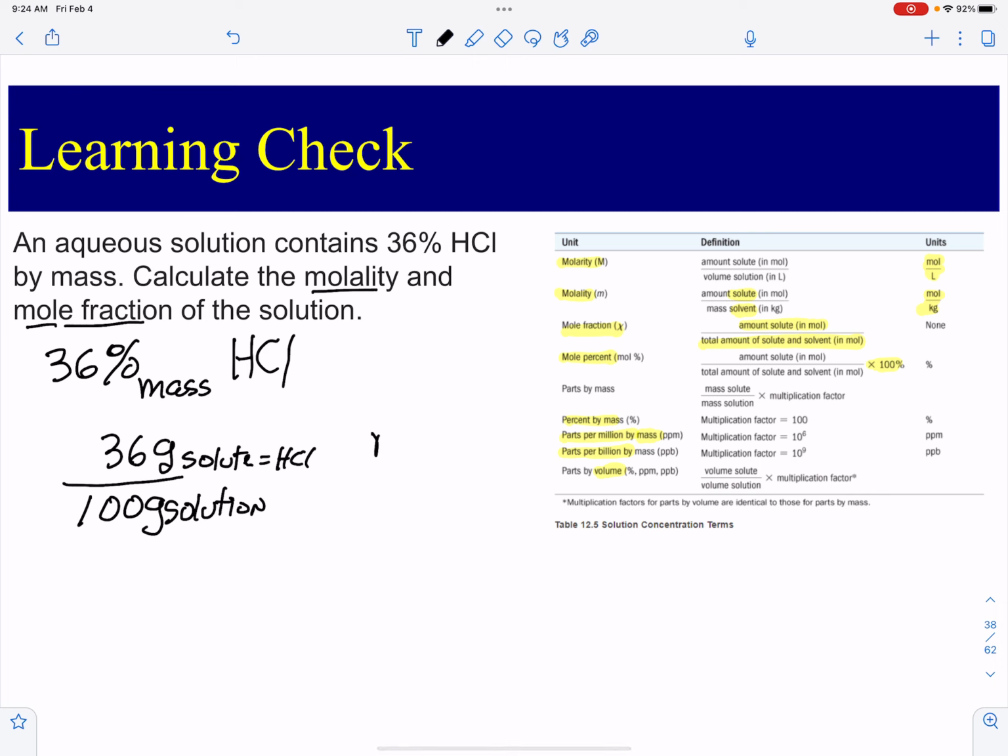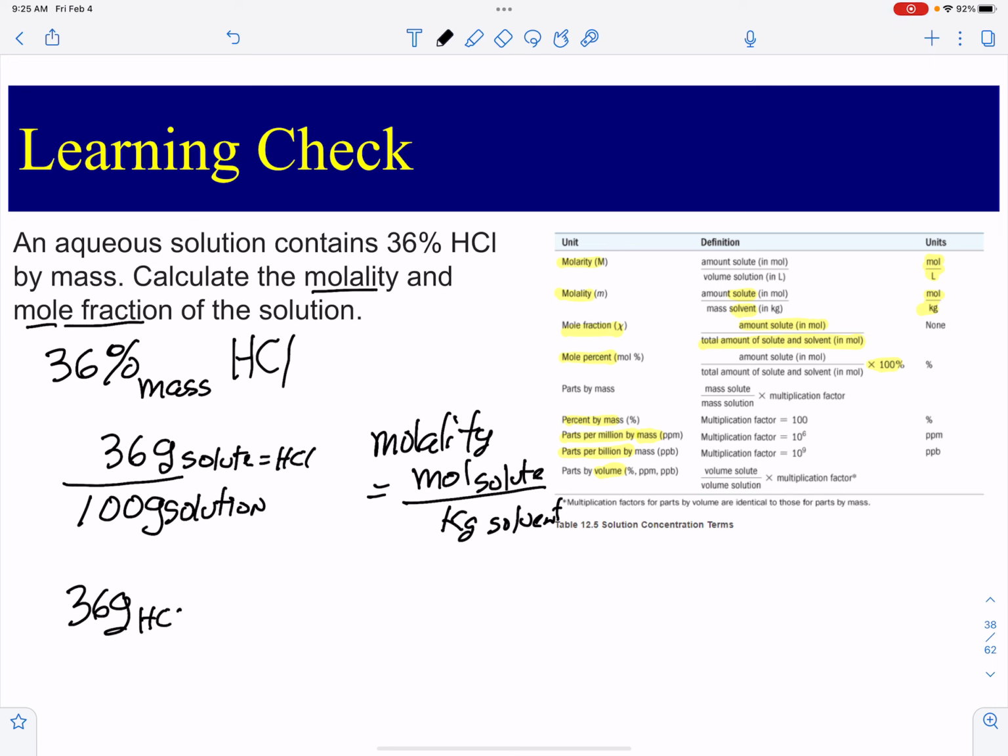Molality equals moles of the solute over kilograms of the solvent, right? So we're saying that we have 36 grams of HCl based on the percentage, right? And you know how to find the moles, right? 1 mole over